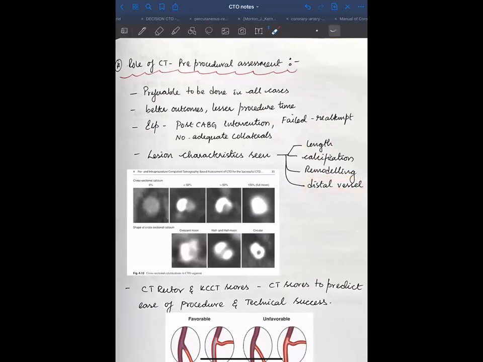So according to the cross-sectional calcification, they have given these scores, with descriptions called crescent, full moon, circular, and half and half moon. These are all names given to descriptions which are self-explanatory, as we can see. And as one could understand, the full moon type of calcification is the worst and has the highest chance of failure, and would mandate an antegrade dissection or a retrograde dissection instead of a through-the-lesion kind of approach.